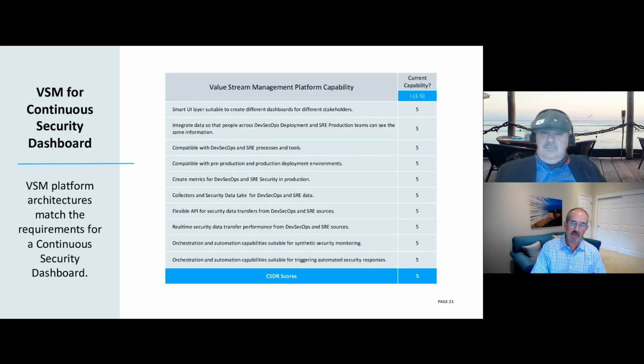As you think about value stream management applying to the problem, these are some of the capabilities, and this is a similar requirements prioritization score that we had before, but this is specific to the infrastructure, right, Mark? Yeah, it's really just emphasizing, again, this is not meant to be an advertisement from my point of view, but it's remarkable to me how the continuous security dashboard requirements align with the architecture requirements of the value stream management